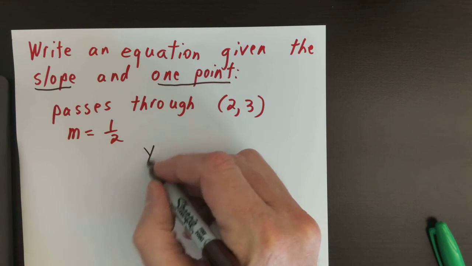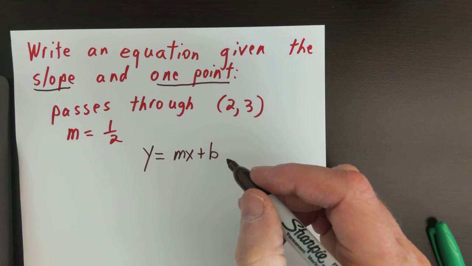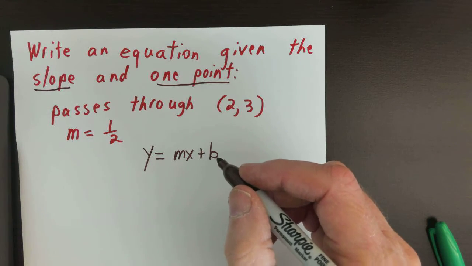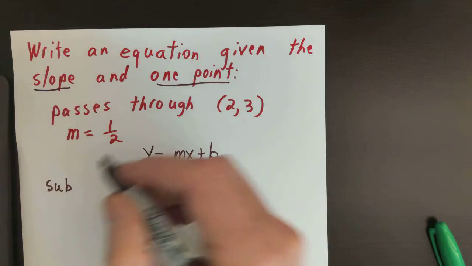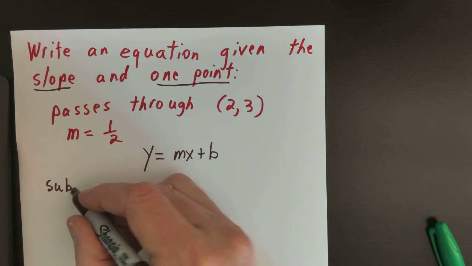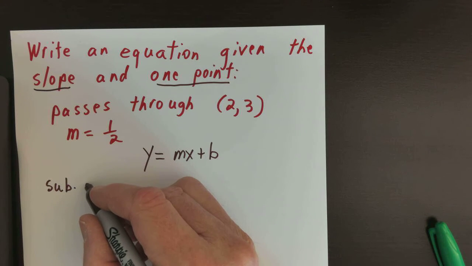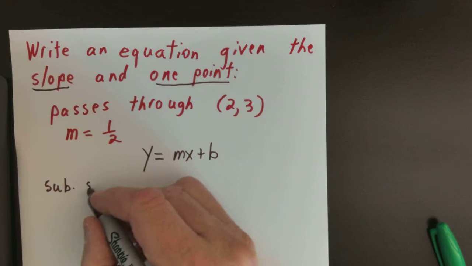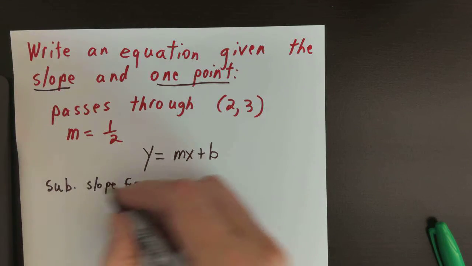First of all, start with y equals mx plus b. Okay? Second step, substitute. Let me just write the slope for m